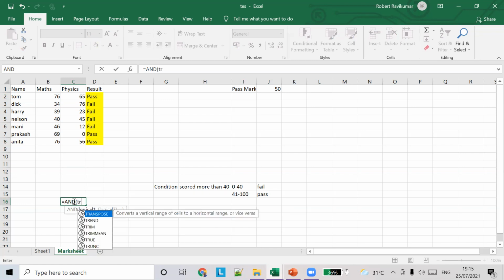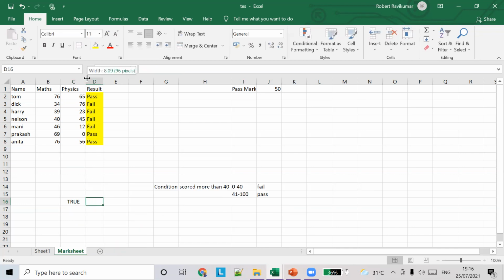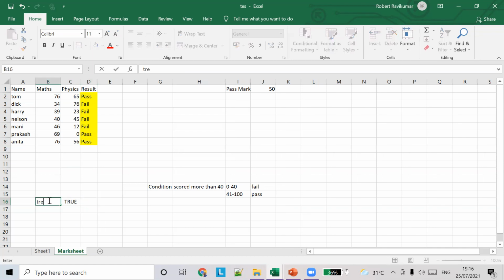If both are true, true comma true will give you true. And if it's true comma false, what will be the result? In the and condition both should be true, so here the result should be false.